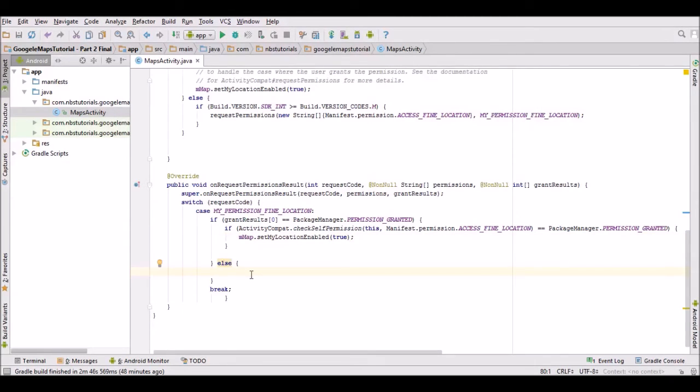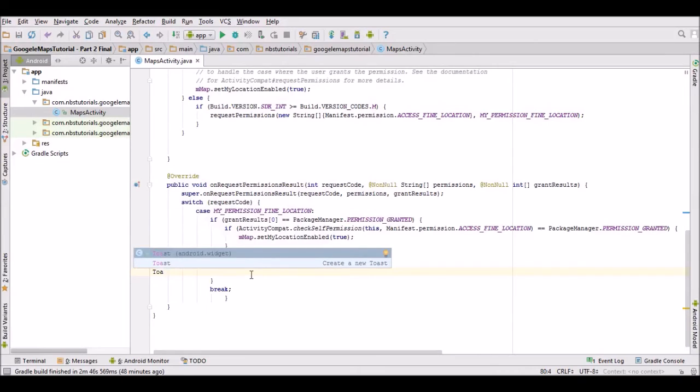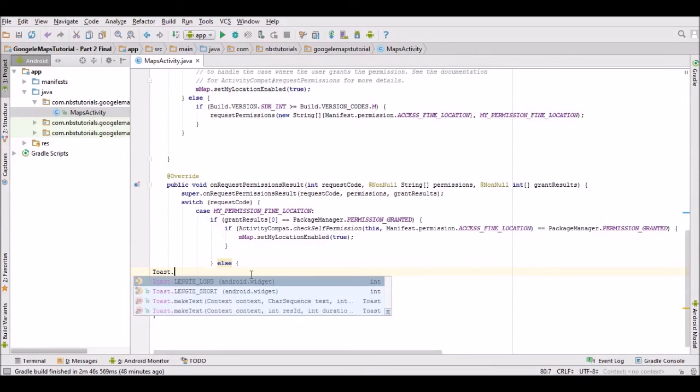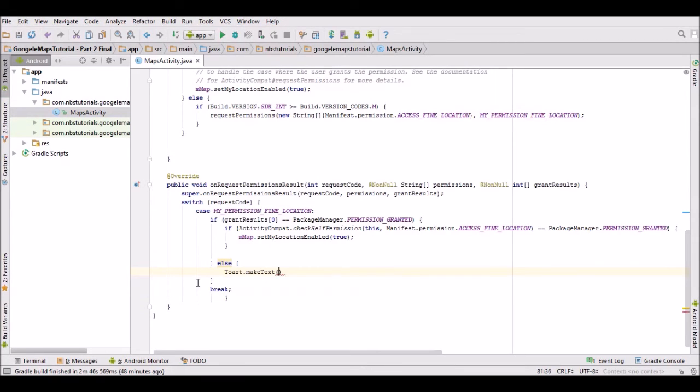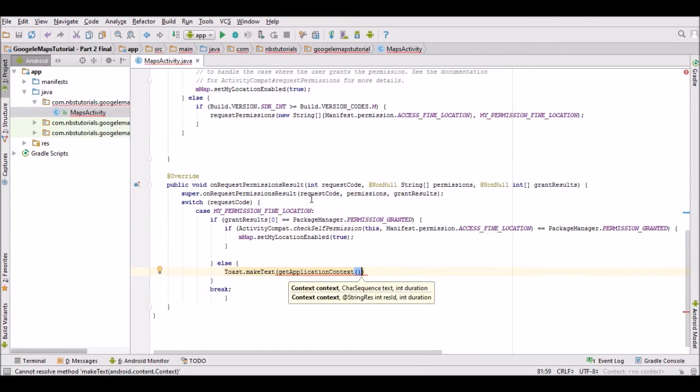So we just need to handle the situation where the user denies permissions, and all we're going to do is just show a message and then quit the app in this particular circumstance. So I'm just going to do this with the toast. So it'd be toast.makeText, and we'll just get the application context, and the message will be something like